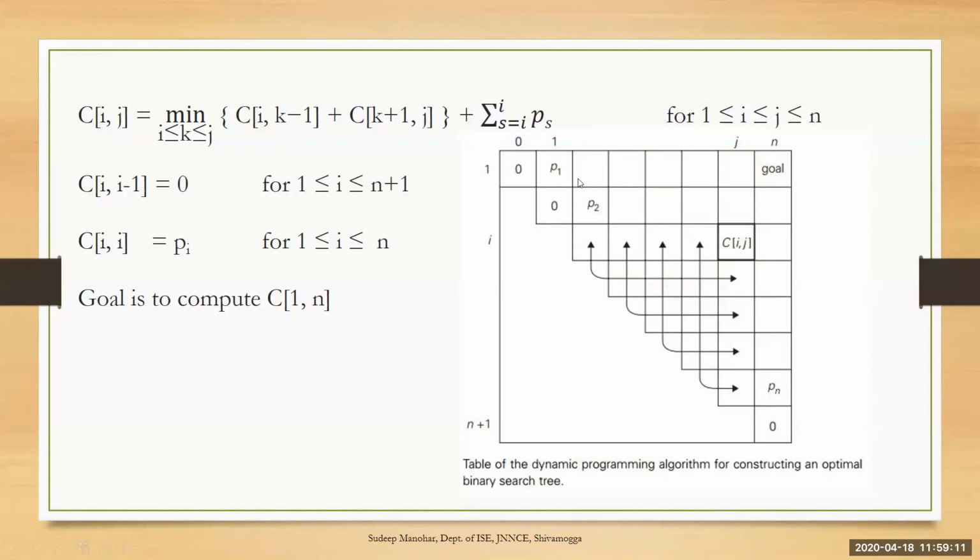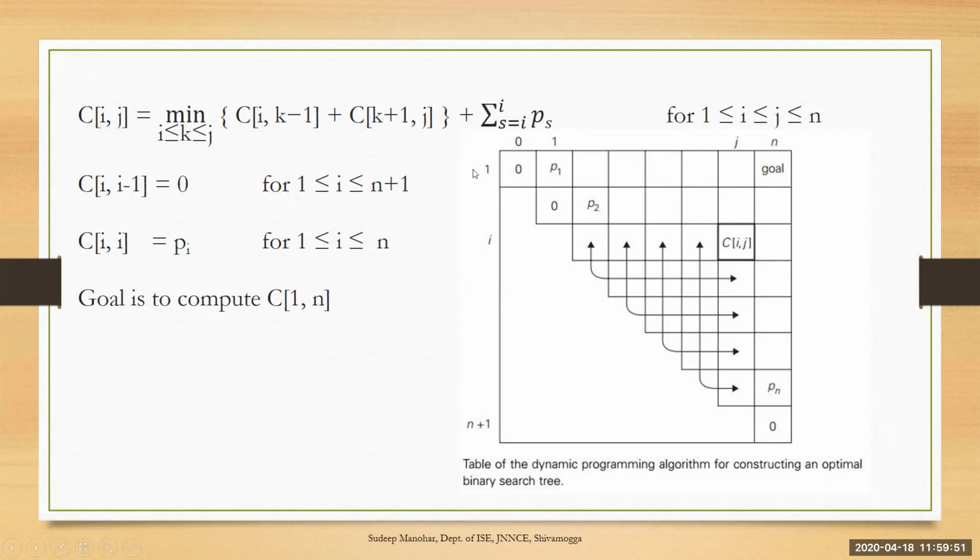Now this is the matrix C that I told in the previous slide. If you look at this matrix, this is the first row, row number 1. So just first analyze how the numbers for this matrix are given. The row number starts from 1, and it goes on till n plus 1. For example, in our previous example, there are 4 keys, a, b, c and d. So totally how many rows will be there? N plus 1, 4 plus 1. That means starting from 1 till 5, the rows will be there in this matrix.